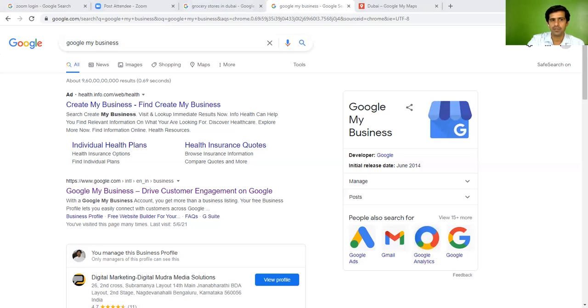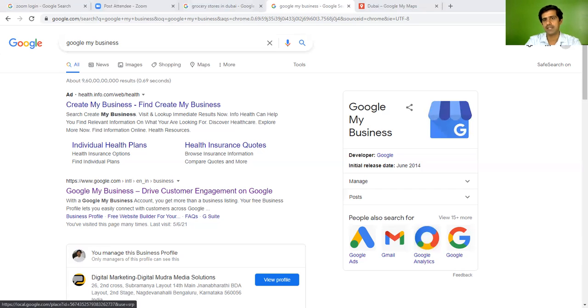If you come to the post, it is a regular post which we are doing. For example, if you are running any offers, like weekend offers, we can create a post here. You can just click on offer, mention the offer title here, then the date on which it is happening, and then click on publish. Automatically it will be published. Then we go to the info. Info means the information which we have added there.